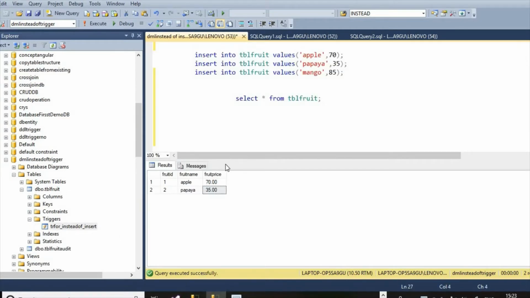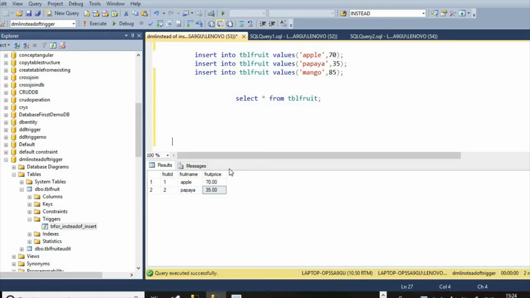In the case of after insert trigger, first the record is inserted into the table and then the after insert trigger fires and shows the message one row affected. But here this instead of trigger fires before inserting the row into the table.